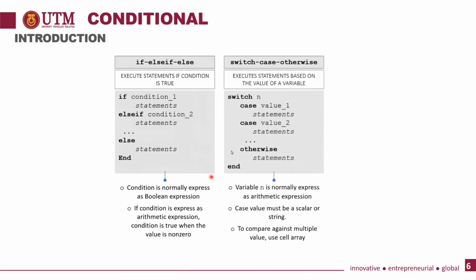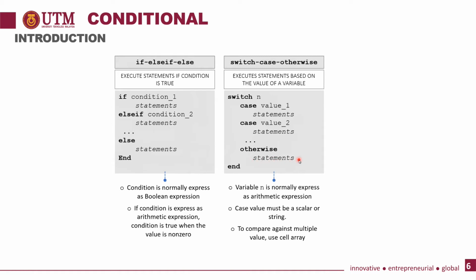Okay, and the second one is the switch case otherwise. Okay, so it will execute statements based on the value of a variable. Okay, for example, switch n, so it will get the input of n. What is the value of n? If the value of n equals value 1, it will run this statement. But if the value of n equals value 2, it will run this statement. Otherwise, if the value of n is not equal to value 1 or value 2, it will execute the otherwise